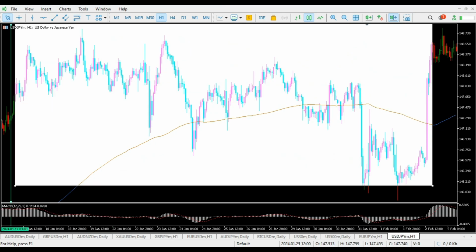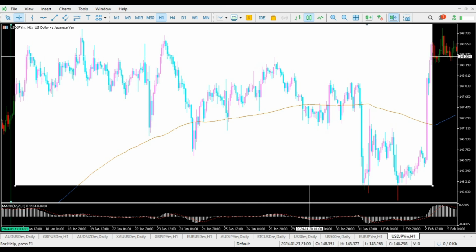This area we see over here is considered a whipsaw. As a trader, you are not encouraged to trade during such an environment. You need to be out of the market and wait for a breakout. You might be wondering how you can identify a correct breakout. So let us utilize the MACD in several examples with several pairs so that we can see how to use it. This is an area where price is bouncing off,